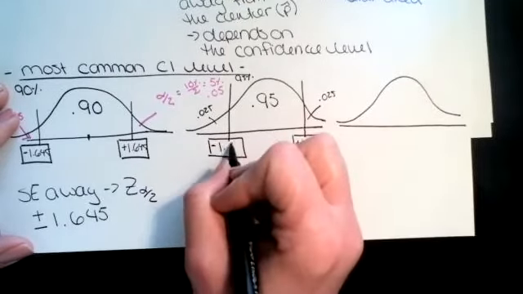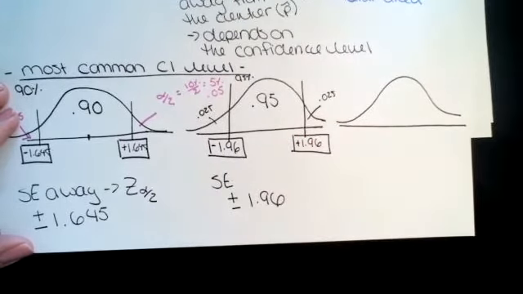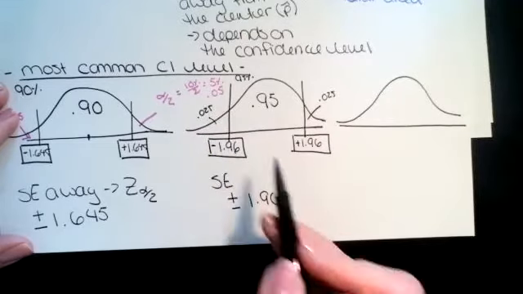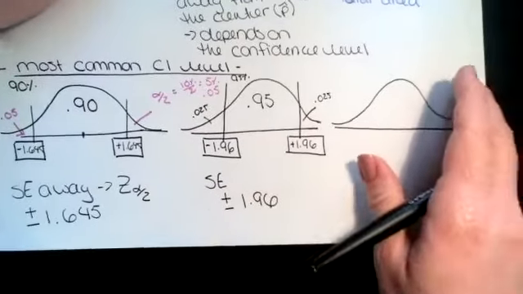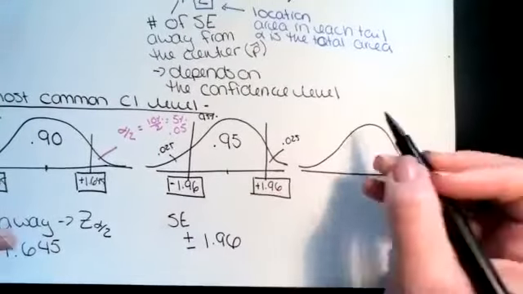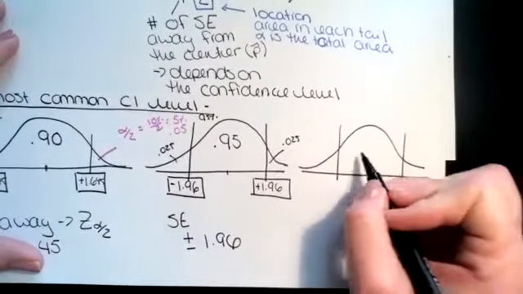So you can easily find this with your calculator, right? You can do the inverse norm, put in 0.025, and you're going to get negative 1.96 out. 0 and 1 as your centering and spread, right? Because it's a standard normal. And then over here for